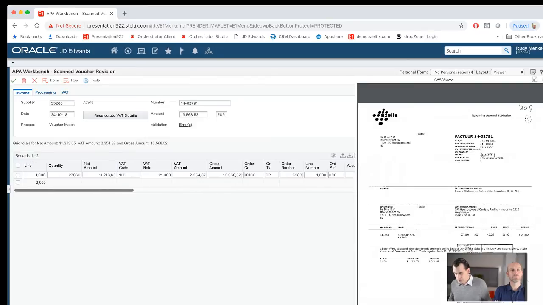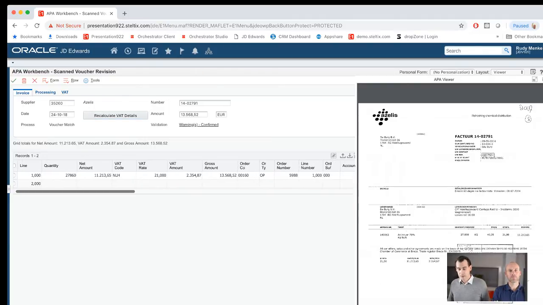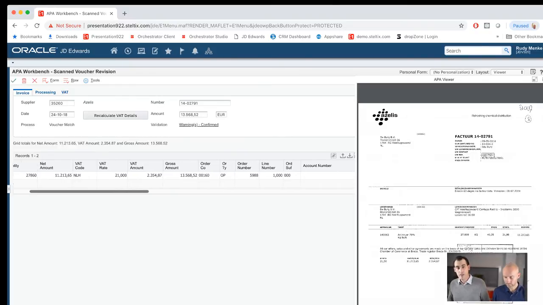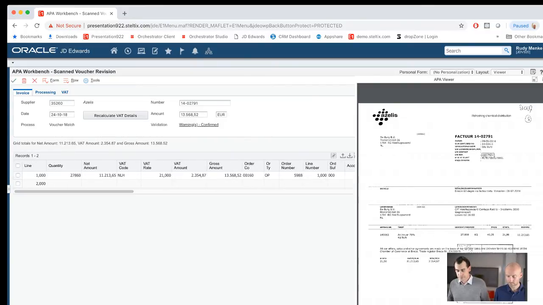Then if I want to make sure that we don't have errors anymore, we want to validate it, and we can do that with the recalculate VAT details. If I click on this, it will think a little bit. It will give a validation status on top, on the right side, which is now stating a warning confirmed, which is the warning of my duplicate invoice number. And underneath you see all the information that is picked up from the purchase order. We have quantities, we have amounts, net and gross, we have a VAT rate, and next to that the purchase order information. Well, for me this is enough to go on.